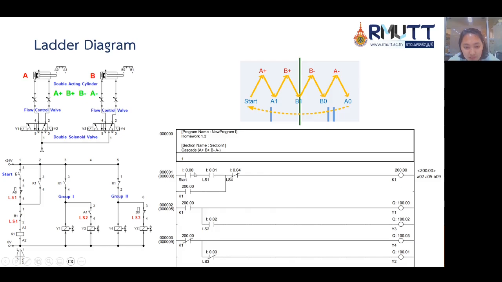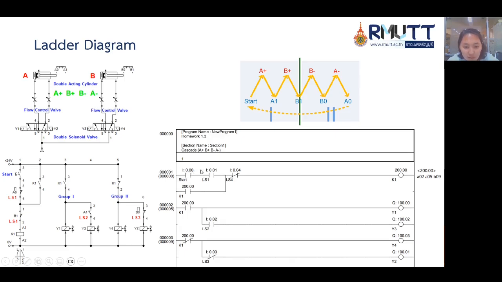The symbol like this is normally open and this one is normally closed, just like in this electric circuit. The start button is normally open, limit switch 1 A0 is normally open. This looks like normally closed because it is already connected in the standby condition.